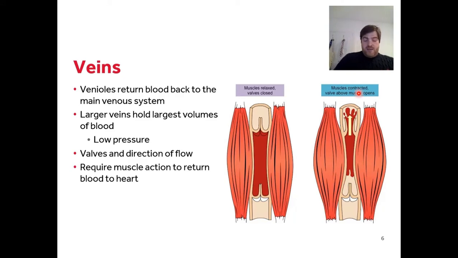And if you want to see how this is done, many of us have protruding veins on our hands. It'll be a bit difficult to see in this video. The veins on my hands are not that protruding, but you can quite easily put your finger over one of those veins and then move the upper finger away, and you'll see if you keep that first finger there, the blood does not return. It doesn't backfill because the blood in the veins further up doesn't return back into that vein because the valves are closed. It's only in the direction of blood flow when I release the other finger that the blood returns